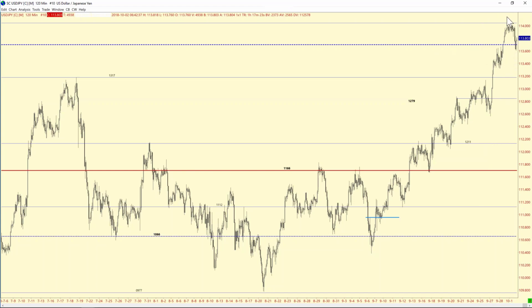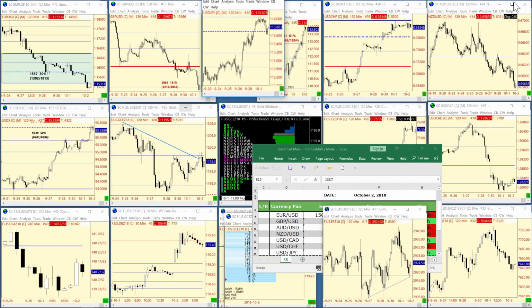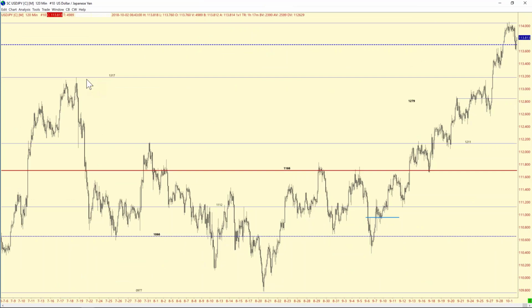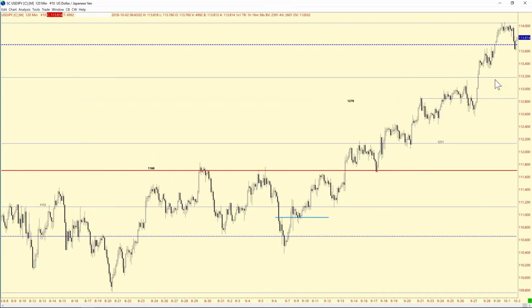Resistance, I'm going to still stay with that 14.24. Now, if we were to see a pullback in equities, where could the dollar yen target? Because we're looking at support. Well, for starters, this 13.17, but we could certainly make a move eventually down here to 12.11. So you'd easily be talking about 180 pips.